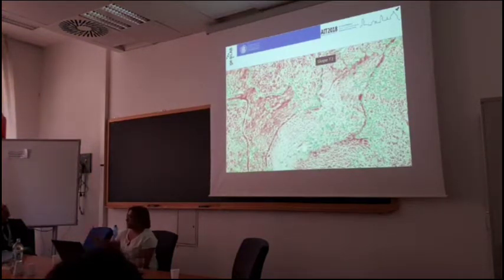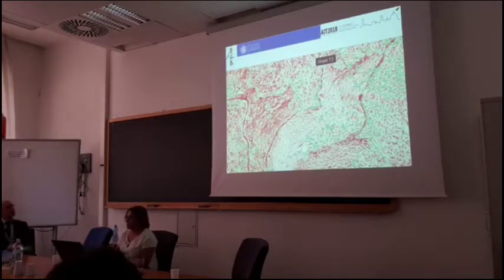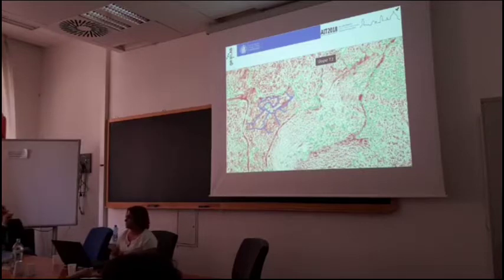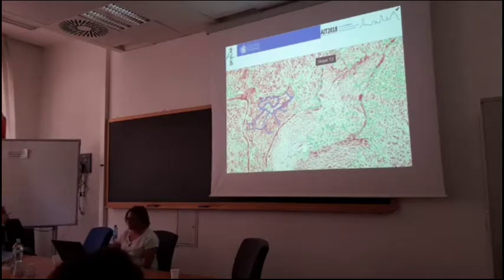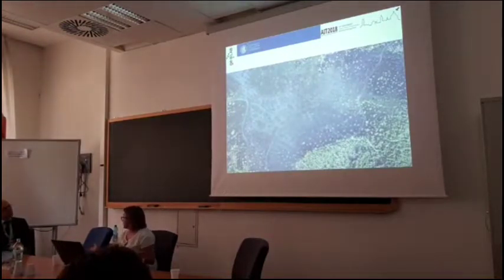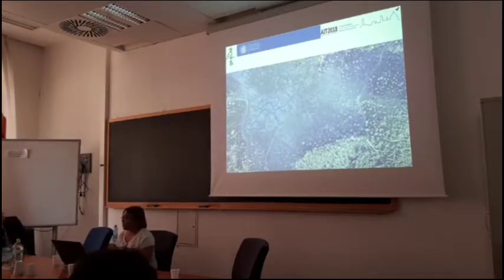Moreover, if we use the digital elevation model of time 2, so after the logging operation, with a threshold on the slope, we are able to automatically detect the trails of the logging operation. For the authority that needs to control these things, this is a really important application, because usually they need to walk all this area and maybe they can lose a part of it. With the drone, they can have a really high resolution image of the logging area. If they are not able to use this automatic procedure, because it's quite time-consuming programming, however, they can use the orthomosaic, which is really easy to interpret, and they can show areas that sometimes were wrong